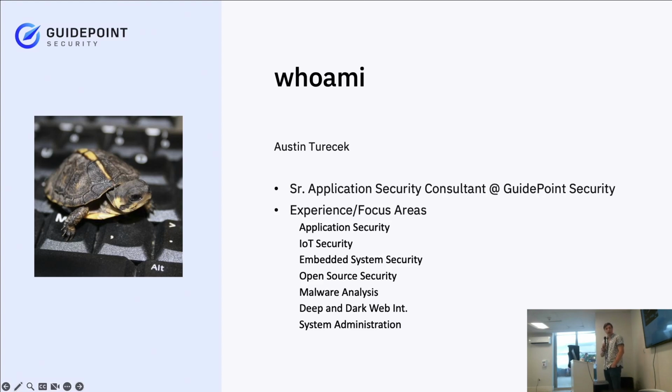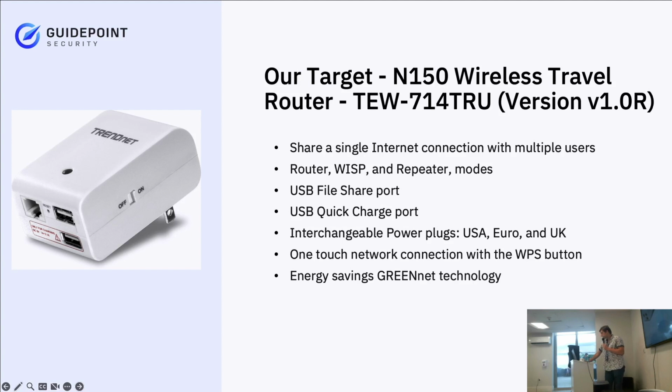And then, of course, just basic system administration. And what we're really going to see is throughout this entire process, I'm going to be leveraging all of these different skill sets to really go through and perform this entire assessment and perform the hack that we'll talk about today. So the target itself is the N150 wireless travel router,